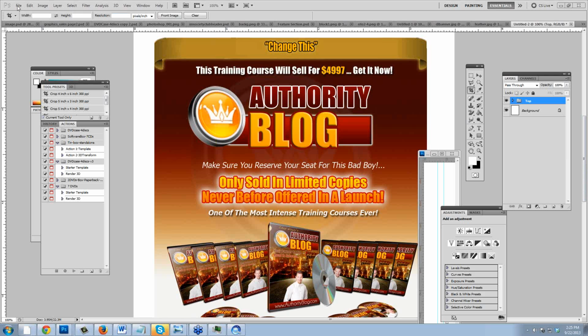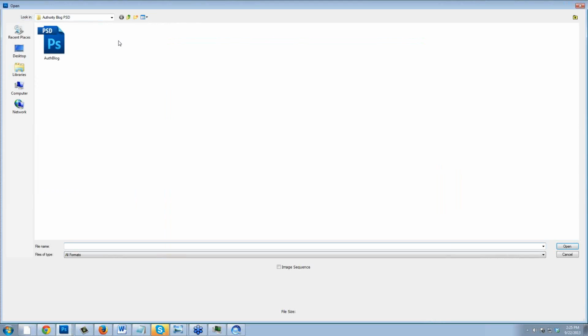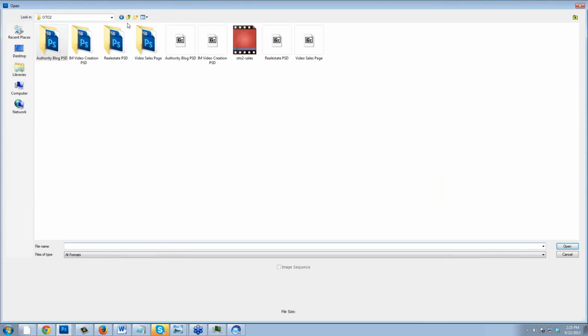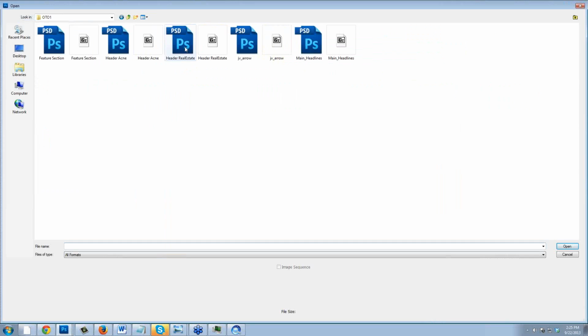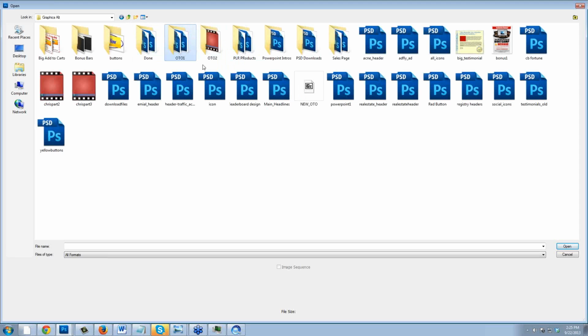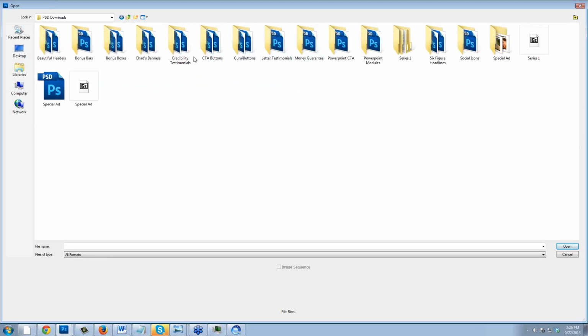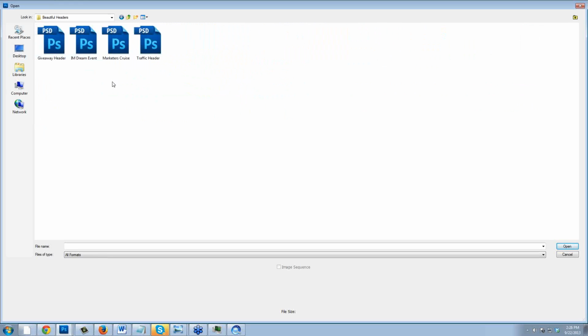Well, it's just the way they're designed, right? So let me actually pull that up, guys. Let's go look at that. So I'm going to go to the main product. This is what you guys will see when you download it. I've already got them downloaded. So if I go to headers, I'll just pull up this one.